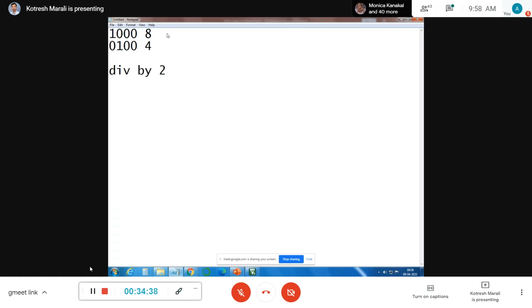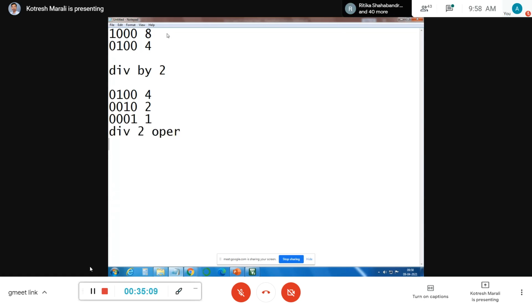Again, if you take 0100 as the input and make another right shift, what will be the output? 0010, right? Earlier the value was 4, now the value became 2. Again, if you right shift, 0001, the value becomes 1. So when I move towards the right shift, it is a divide by 2 operation.